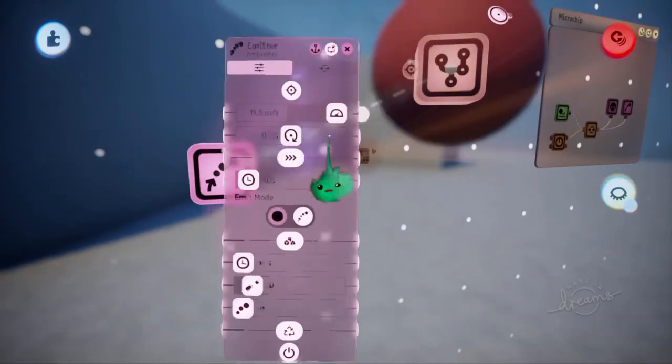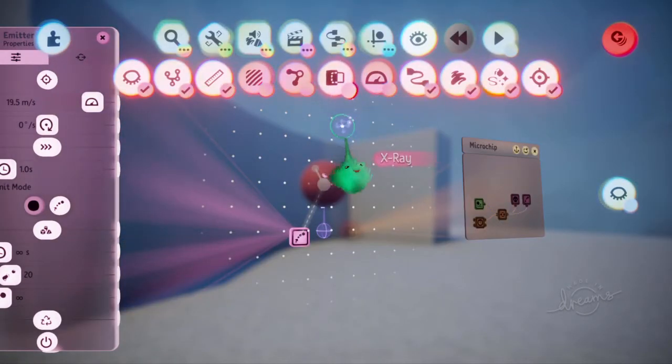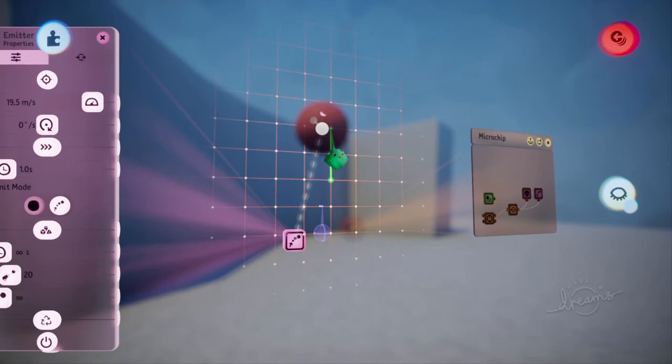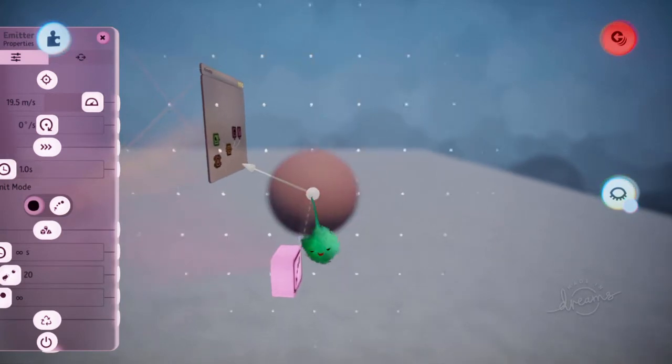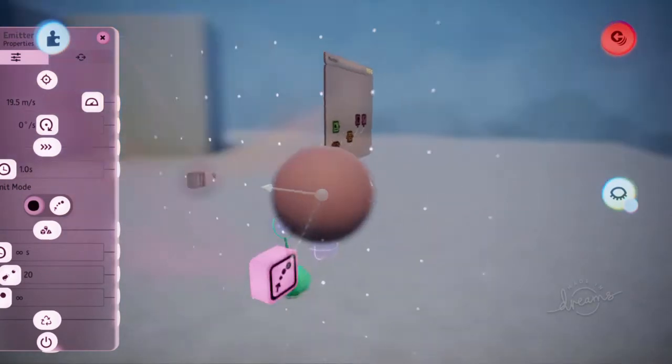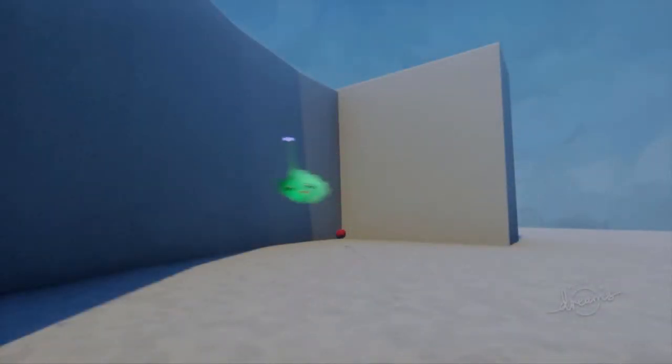And I'll open the tweak menu so I can see the preview of it. Turn off X-ray so that we can get to the actual emitter gizmo, and then press triangle to snap that to the grid. And now we can put that at the exact point on the tip of the imp. There we go. So now we can just point around and new balls will appear,